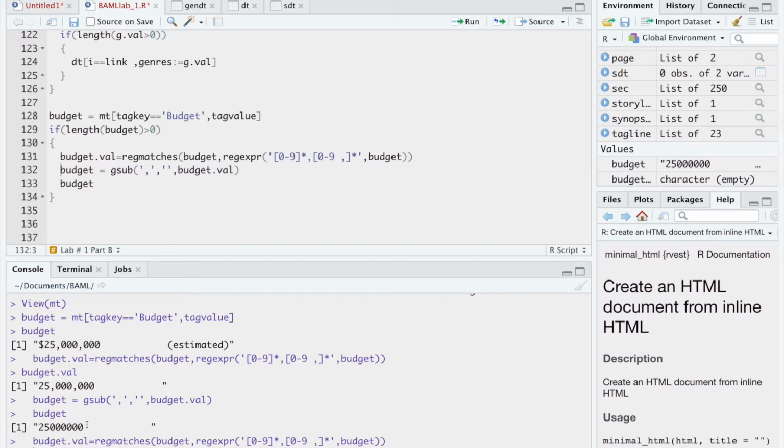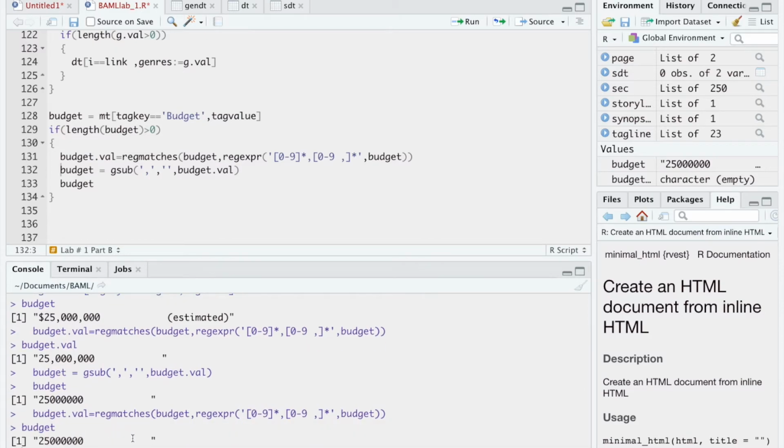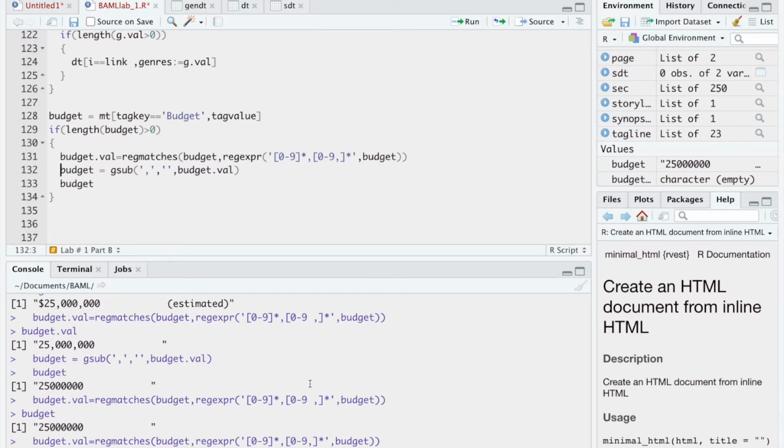Guys, so see how I grabbed all the space after budget? I don't want it to grab the space. I just want to grab the numbers and commas. Go in here, no space. So now I'm just saying, okay, give me numbers from 0 to 9 and commas, no space. So when I run this again, now you'll see